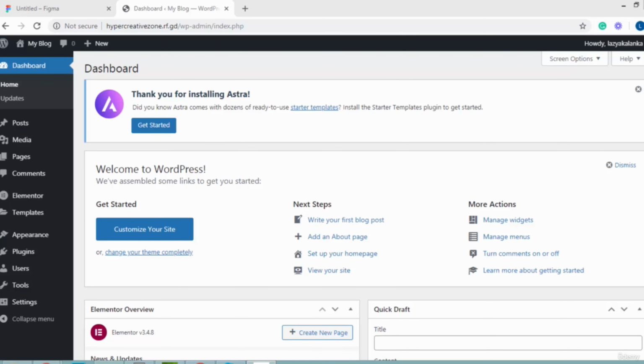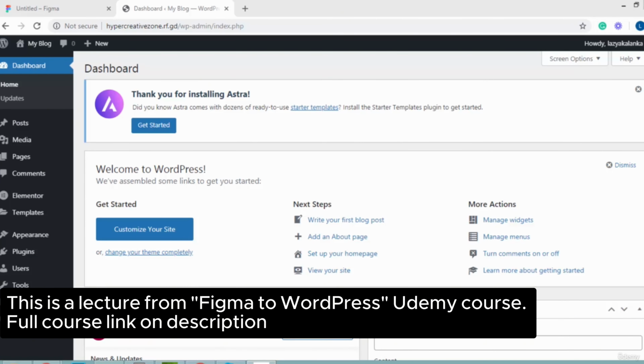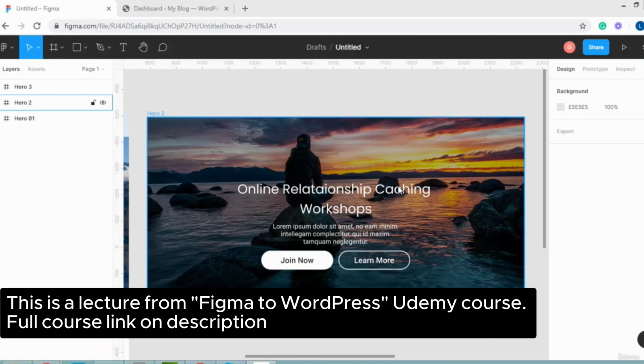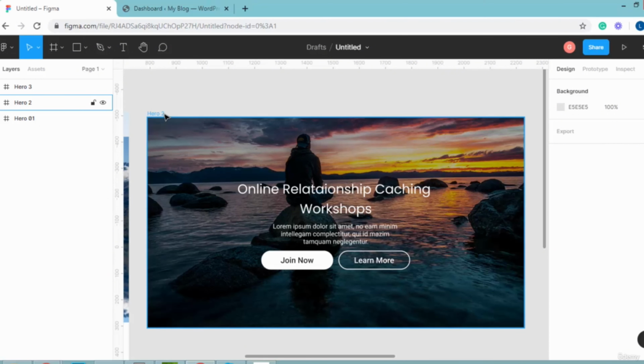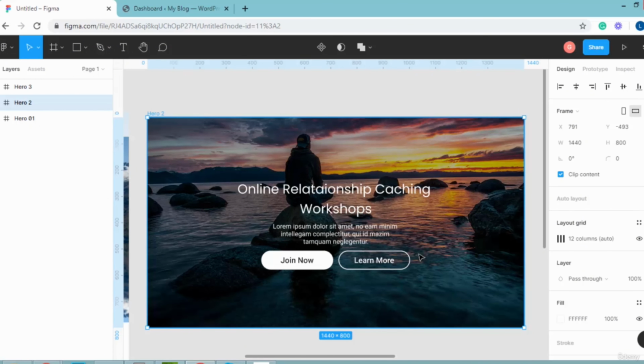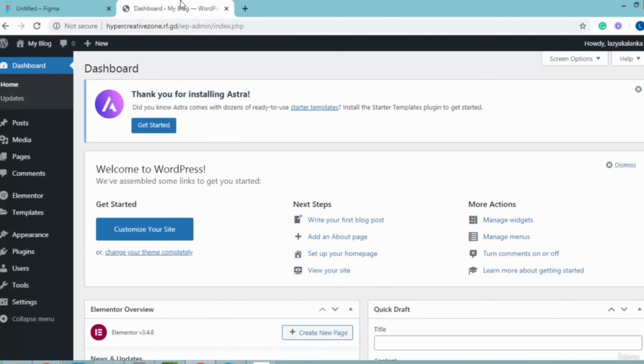Okay, now we have everything to convert any Figma design to a WordPress website. So before we start to convert the portfolio Figma design to WordPress, let's try to convert this simple hero section to a WordPress page using Elementor. So first of all, I will go to the website and hover over pages and click